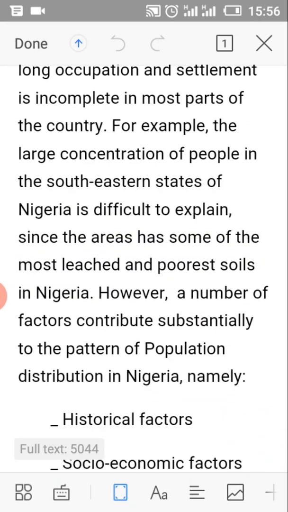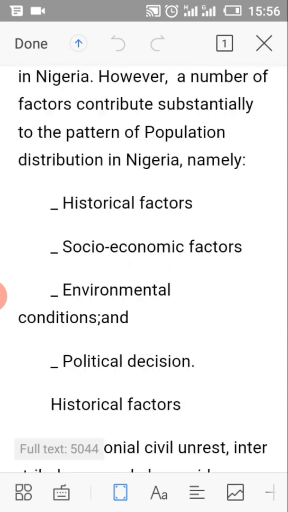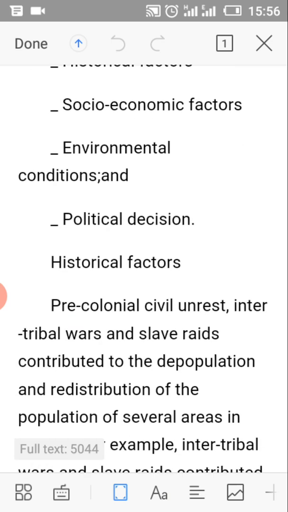However, a number of factors contribute substantially to the pattern of population distribution in Nigeria, namely historical factors, socioeconomic factors, environmental conditions, political decisions, and so on. Let's quickly look at some of these factors one after the other. We have the historical factors: